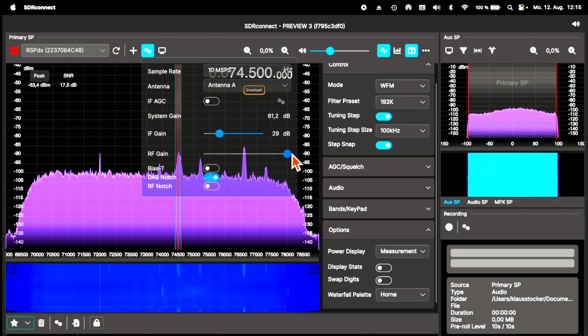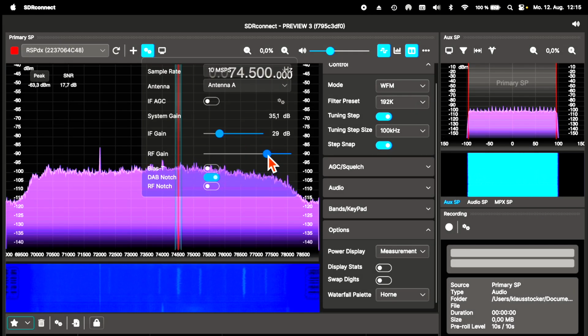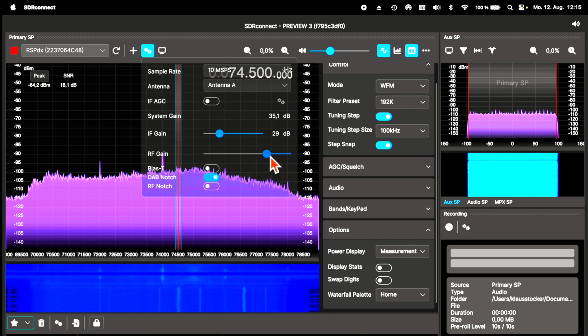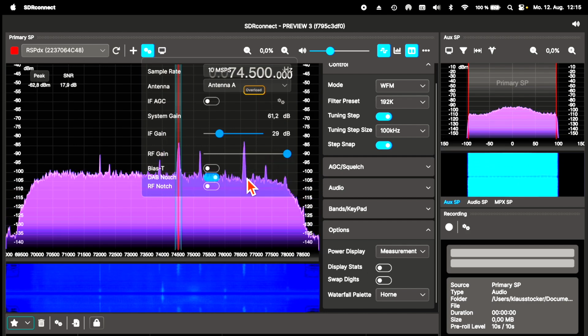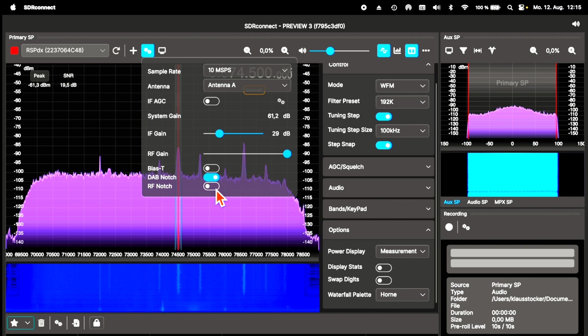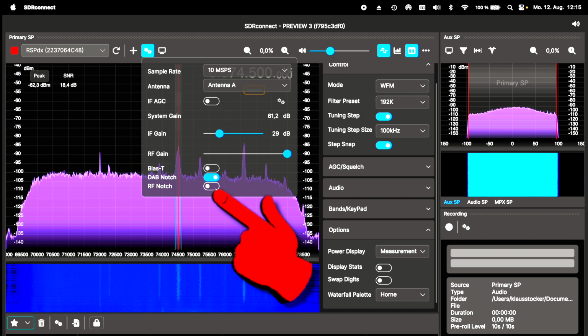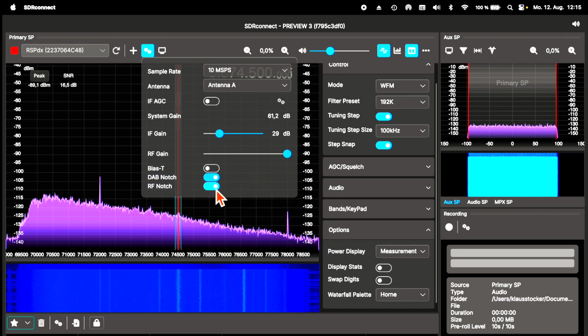Suppose we want to receive a weak signal in the 70 MHz range, then the intermods caused by broadcast stations could become really annoying. That's why the developers of the SDR receiver were adding notch filters for broadcast frequencies. Let's see what happens when we activate such a filter.